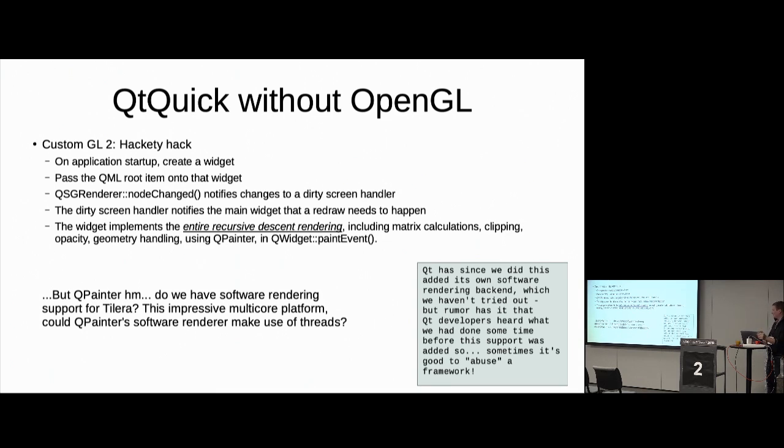But QPainter is a class that typically has platform-specific optimizations, and it's really fast on platforms like Windows, where you have a very fast compiler with Visual Studio, but also Intel, where the platform has very awesome vectorization and so on. But it still is a single-threaded painter, and we had 36 cores. So with that impressive platform, we were thinking, what could you do to Qt's software renderer that would make use of threads? Now, what I'm going to tell you now has been superseded in Qt.